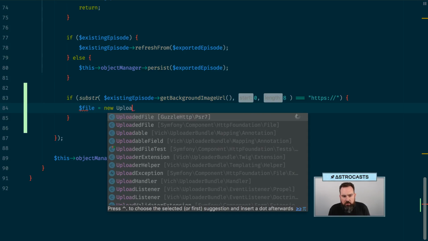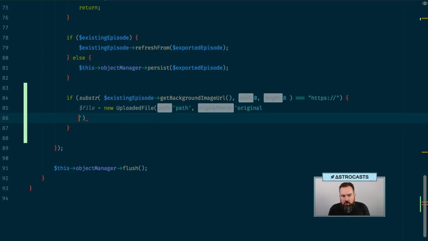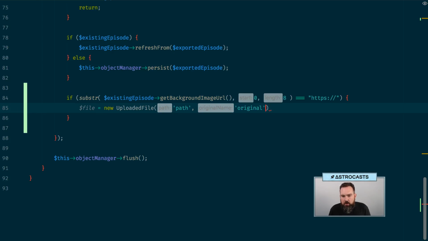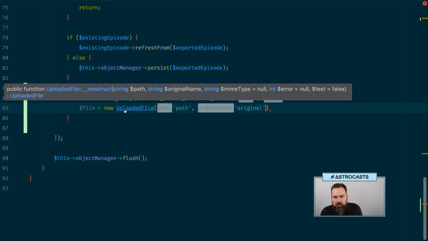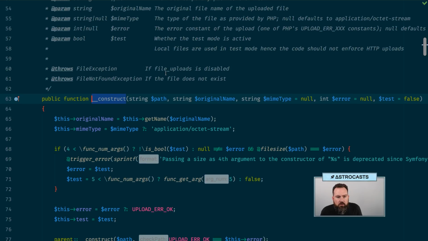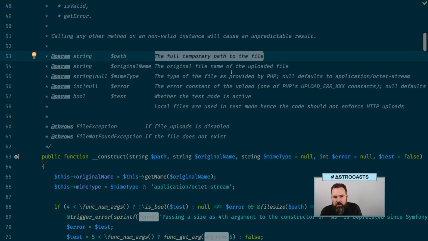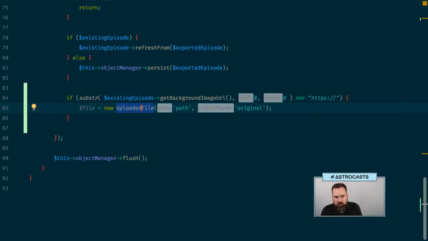File equals new uploaded file. It takes a path, an original name, really? Okay. What else do we need here? MIME type. Let's just do it like this. The path, file upload path, the full temporary path to the file. Okay, and then the original name of the file uploaded. All right, so